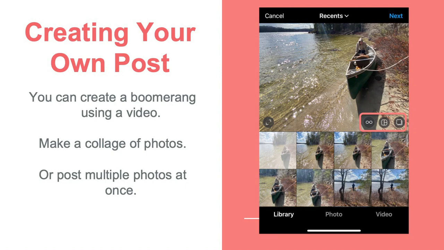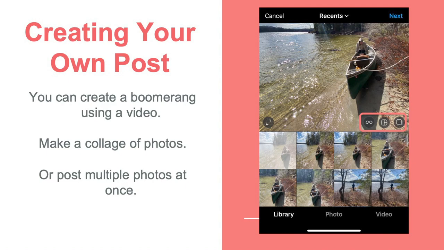So if you're dropping something, you would see that object fall and then go back up in your hand. It's kind of like rewinding the video. It's kind of silly, but it's pretty cool. It'll give you a good laugh sometimes when you see some of these. They're pretty funny. So yeah, you can make a video, you can make a boomerang, which is that looping video that I was talking about, a collage, and multiple photos.